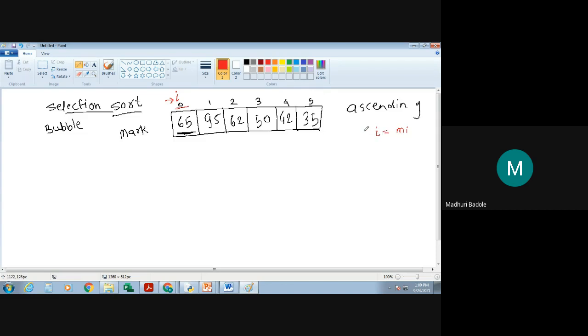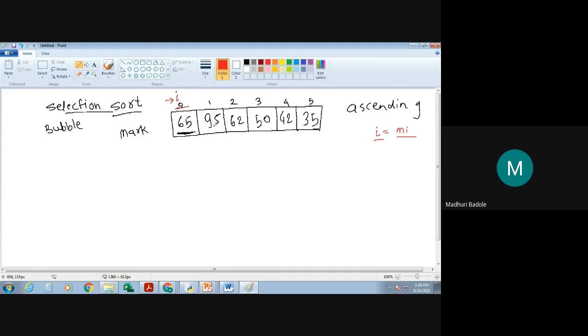Fine. Now, why are we storing this index? Because at that particular location, whatever the minimum element will be, you are going to place that element at that index. So that's why we are storing the index i in a particular variable.